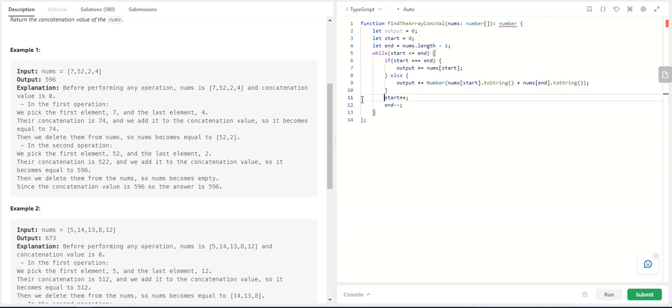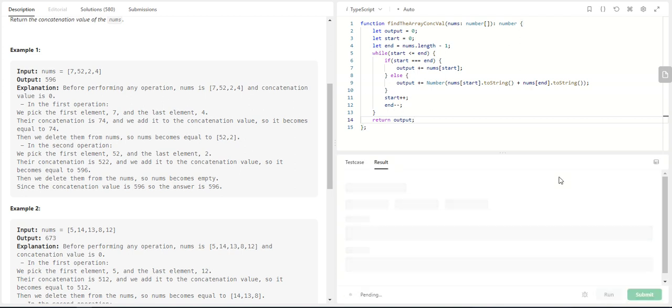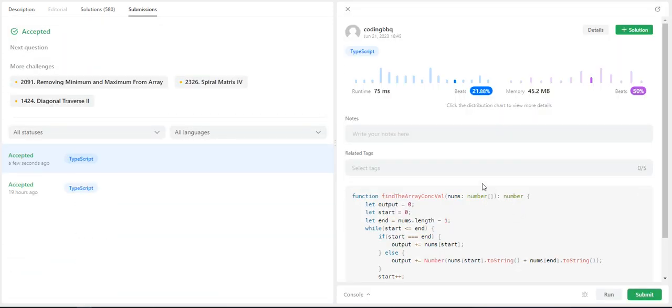And then after my while loop finishes, I need to return output. Okay. Let me run this program. Okay, so it satisfies the test cases, and let me submit this. Okay, so